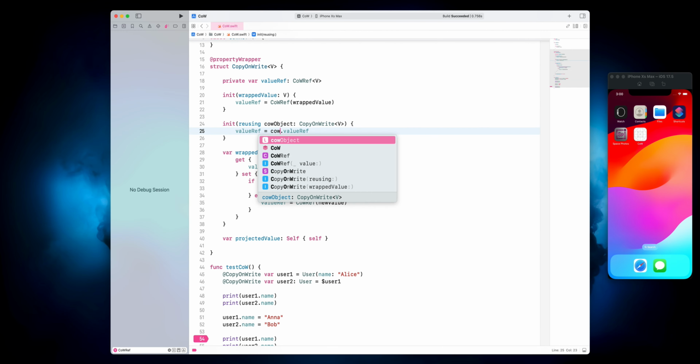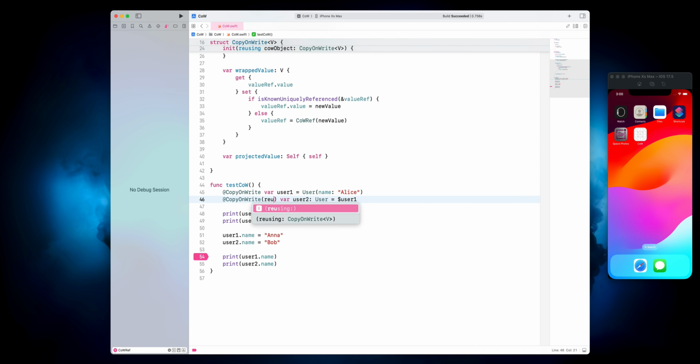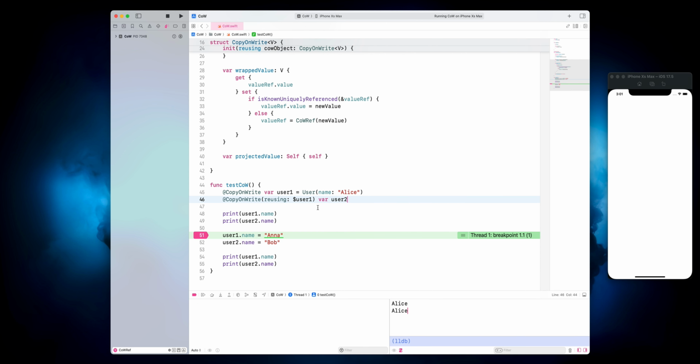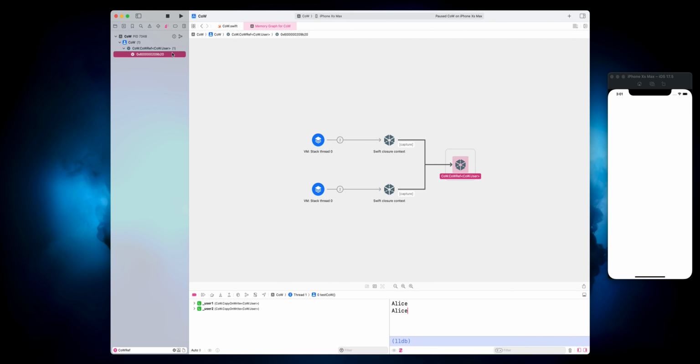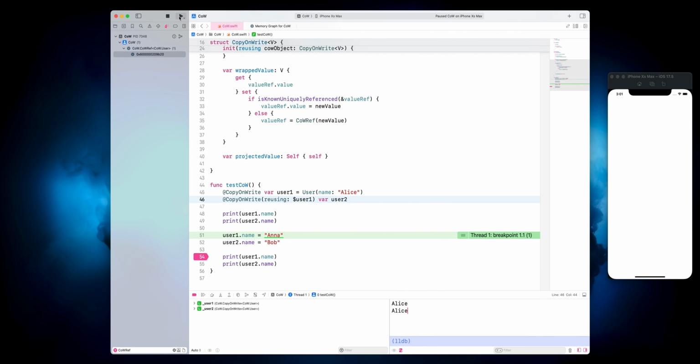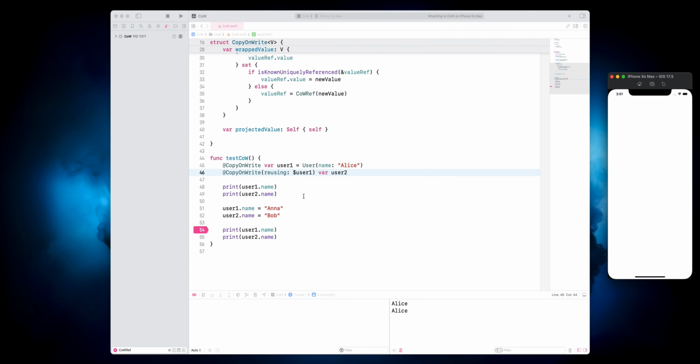Instead, I'll update my second initializer. And also, I'm gonna have to update my test code, but only a little. So now I should have copy on write work once again. Let's go ahead and test it. Before any changes, I have only one reference, but once I change the data, I should have the second one as well.